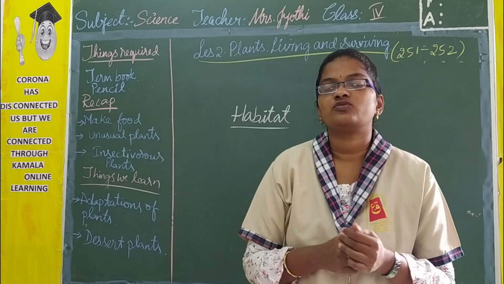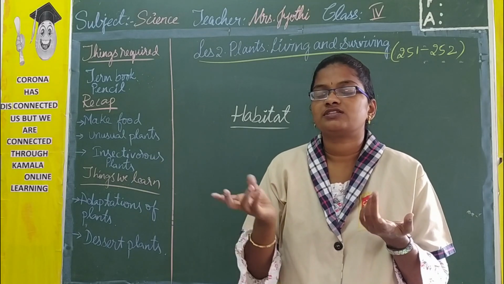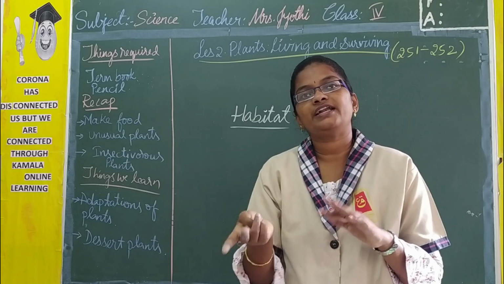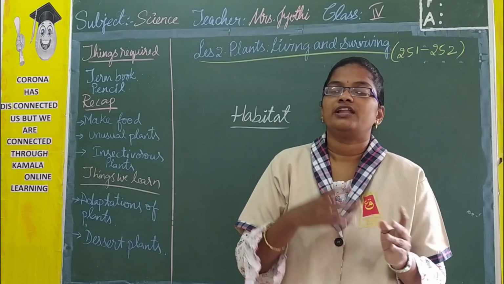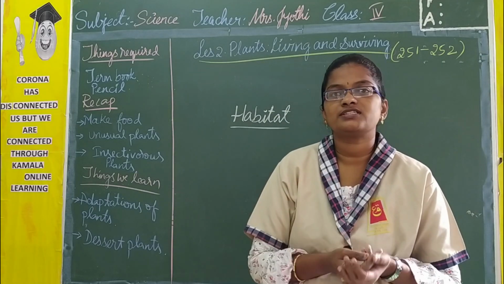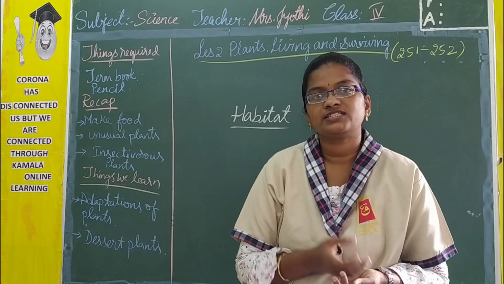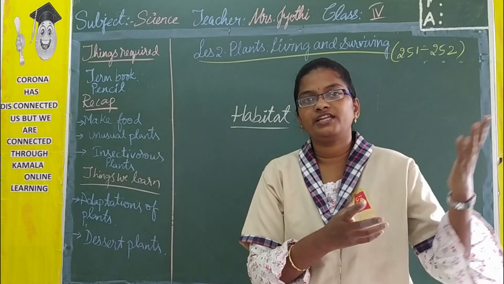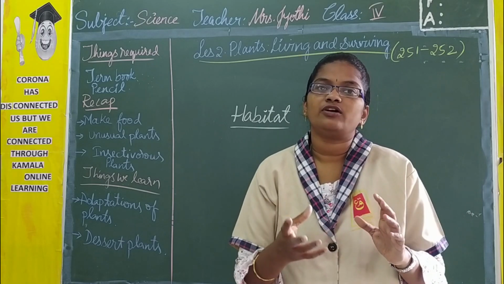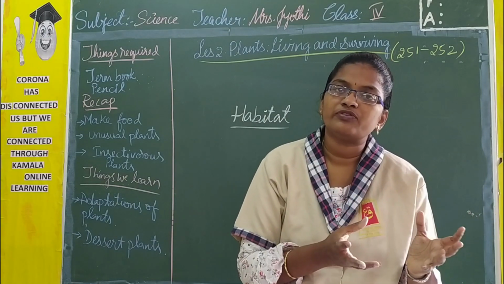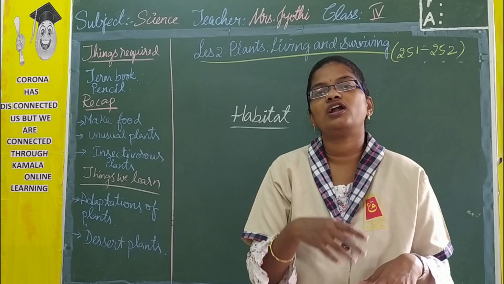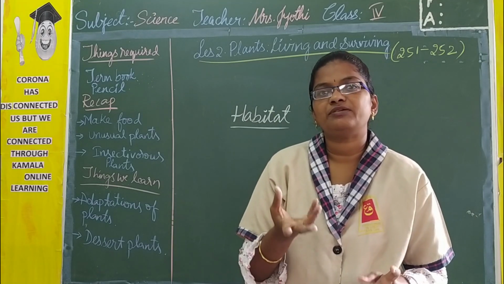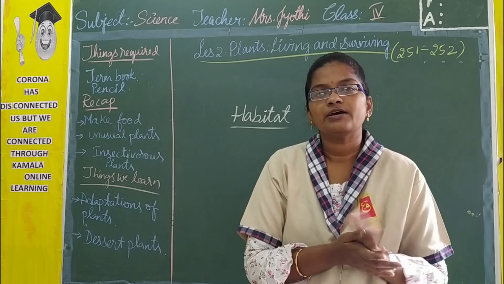And a frog is there. What is its habitat? It can live inside the water and even on the land. So both land and water are its habitat. Now if you take some plants, lotus is there. Where can you see a lotus? In a pond. It cannot grow on plains or in deserts or in hilly areas, isn't it? So for these kinds of plants, wherever it is suitable for them to grow, such places are called their habitat. Now a rose plant, mango, neem, all these things can grow on plains.